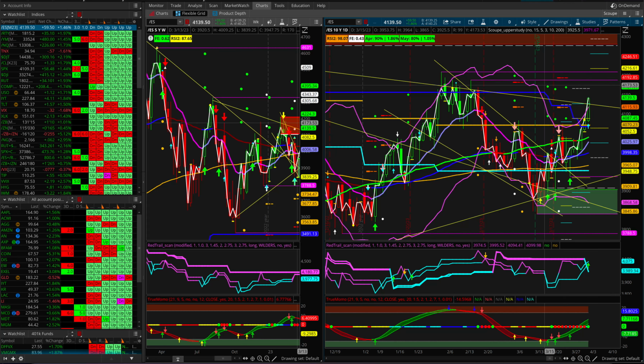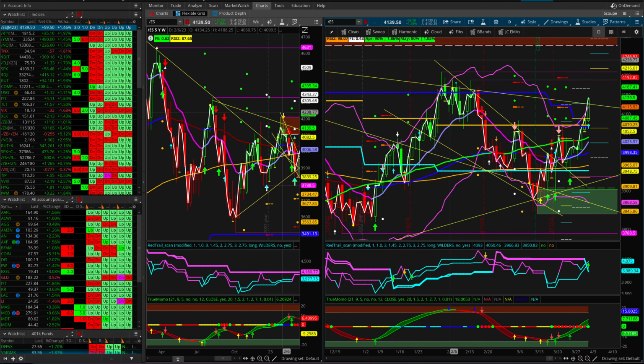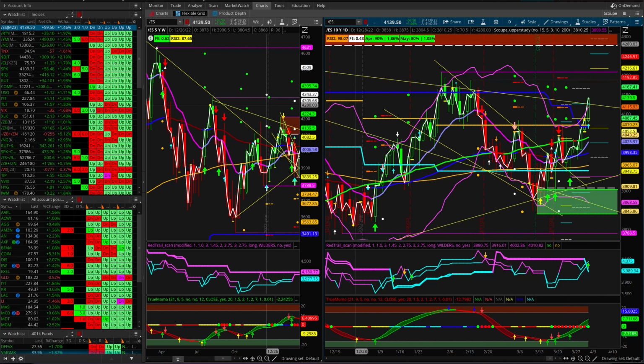This is the E-mini futures contract, and this is where I started up here, April. This is 10 years' worth of data, shown on the daily chart. Based on 10 years, April goes up 90% of the time, an average of 1.86%. So there's just math behind that. It just takes the last 10 years, or whatever you want to put on a chart.